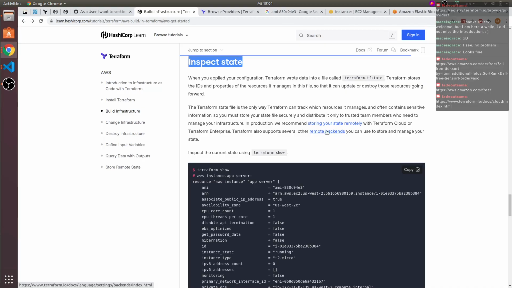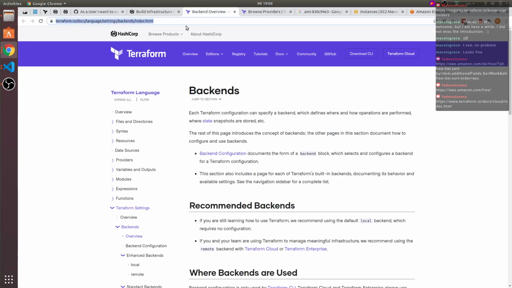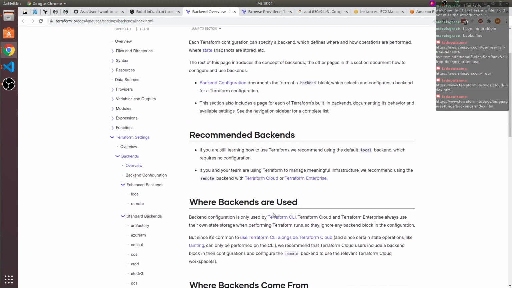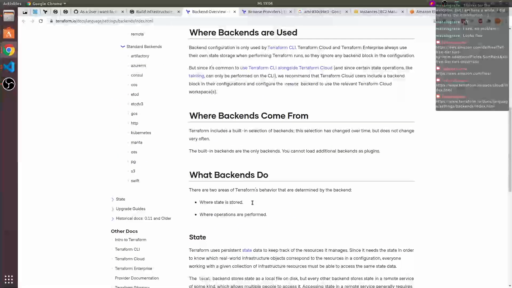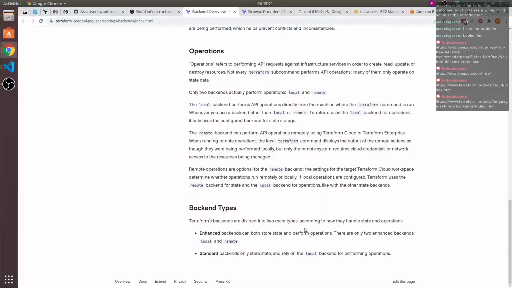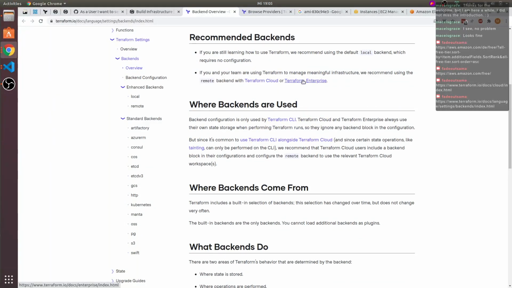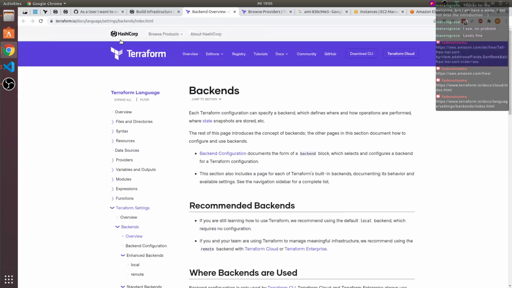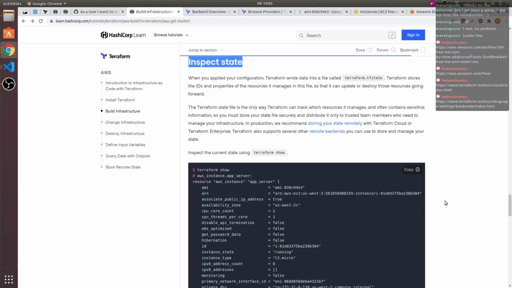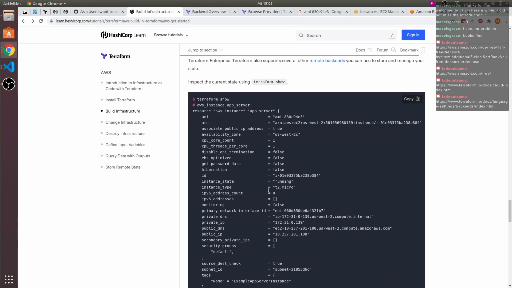Yeah, they call this remote backends, by the way. So if you're interested in that, here's more about it. You can also choose to use others, I think, and not go with Terraform Cloud and Terraform Enterprise, which of course come from HashiCorp themselves, but there are probably others that do that by now. So, yeah.